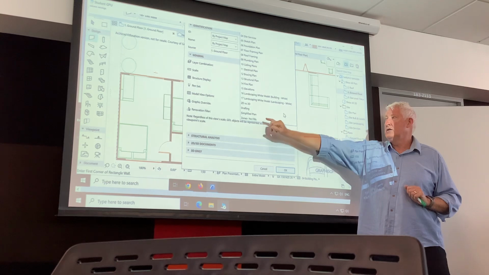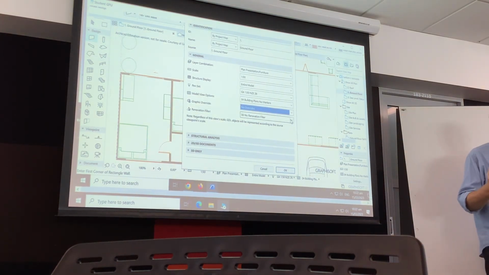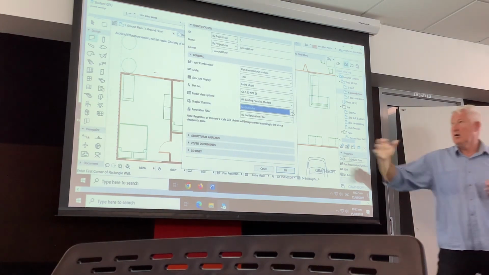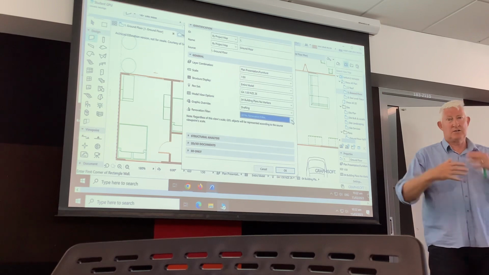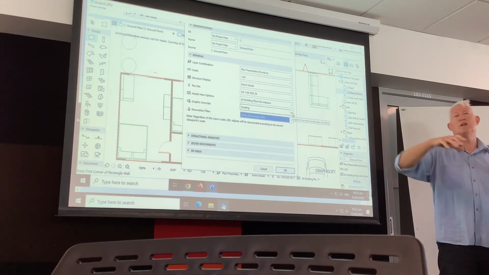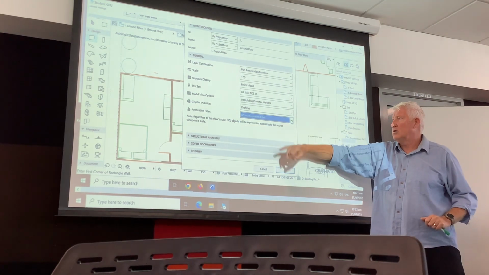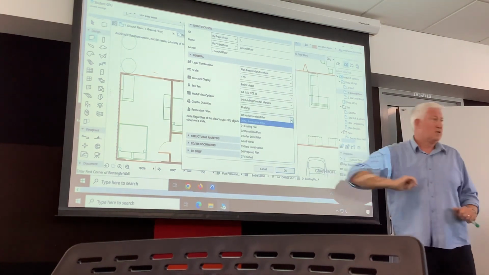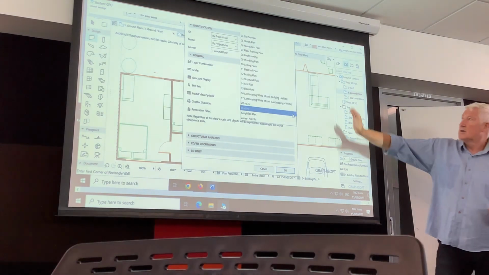You guys, I use the renovation filter all the time because I do lots and lots of additions and alterations to existing houses, and I use this renovation filter for that. It changes things to do with what you see that's existing, what's new, what's been demolished. For you, you're doing all new work, so you can leave no renovation filter as the default. Yeah? Okay, so once you've done that,